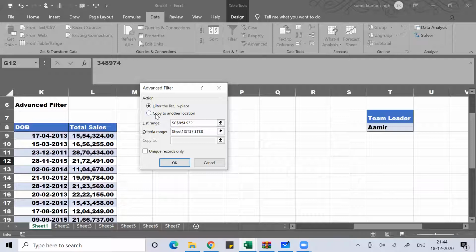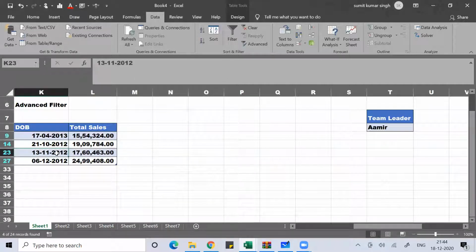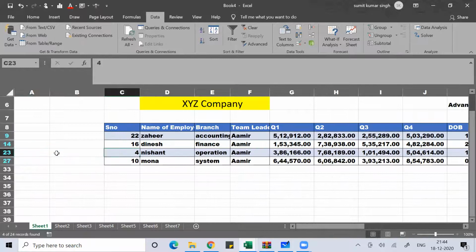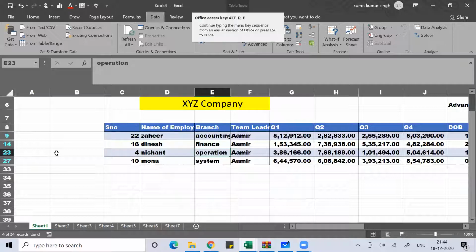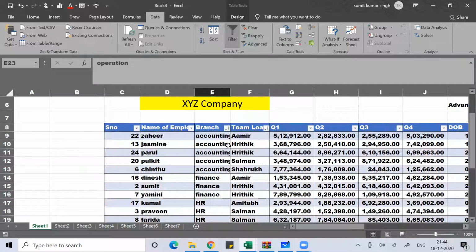Then click on copy to another location. If you click on filter the list in place, the data will come here only, the way we use filter. But now I don't want to do this, I want to put the data elsewhere.